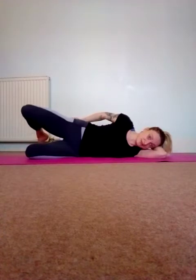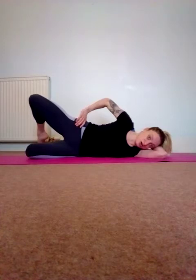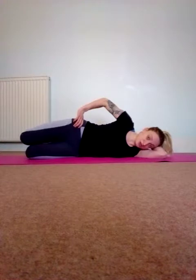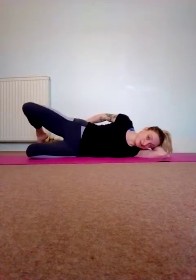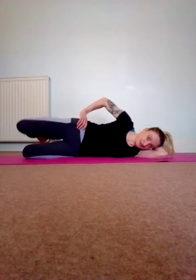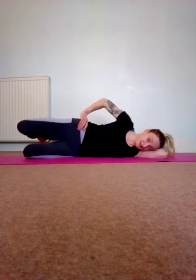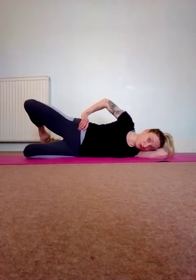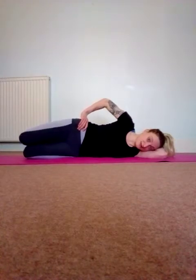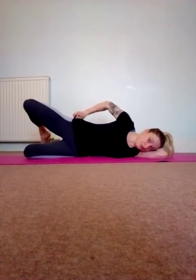If you're struggling to feel it in your backside, you might find that drawing your feet further back behind you or tucking your knees a wee bit higher will be helpful. But just go slow and steady and make sure that it's back here that you feel it with this move. We're going to go nice and controlled. You can go for another 5 and down, 4 and down, 3 and down, 2 and down, and 1 and